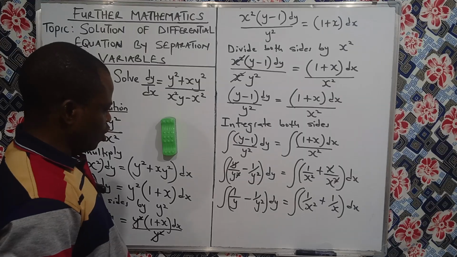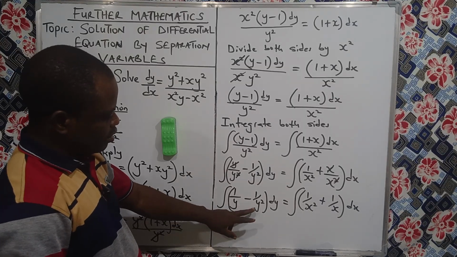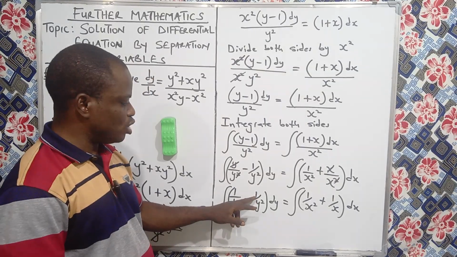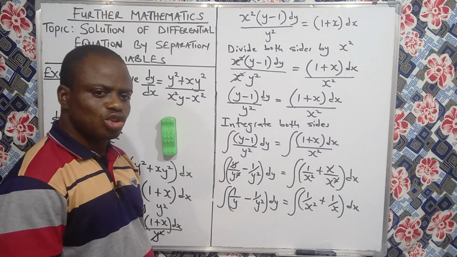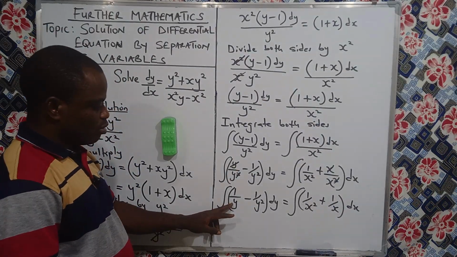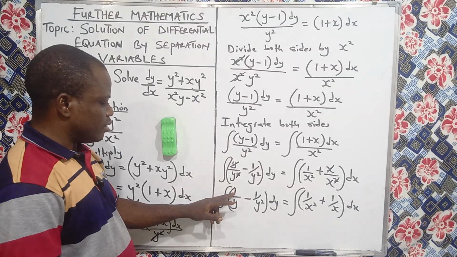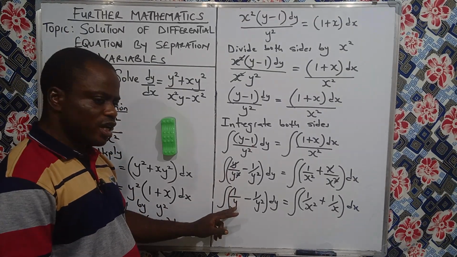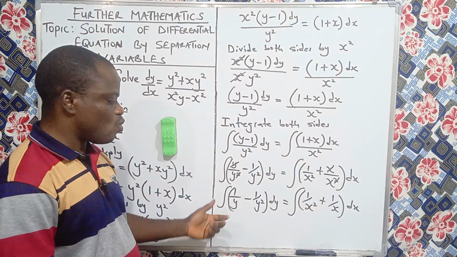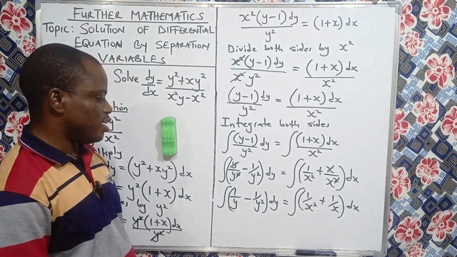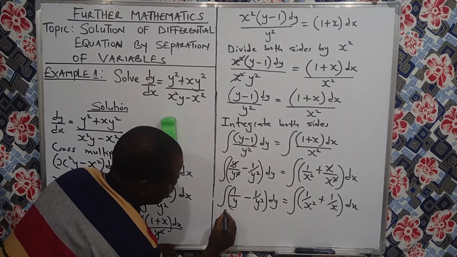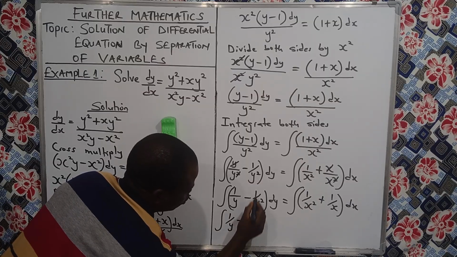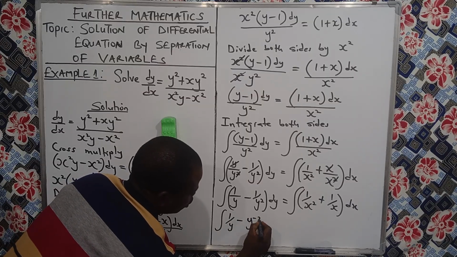Good. When you get to this point, you can use indices. When you have 1 over y squared and you want to throw away the reciprocal, you can have y raised to power minus 2. But you don't need to remove the reciprocal on 1 over y, because the integral of 1 over y is the same thing as ln y. Ln y represents the integral of 1 over y. Now let's write the integral of (1 over y minus, now I want to remove this one, y raised to power minus 2)